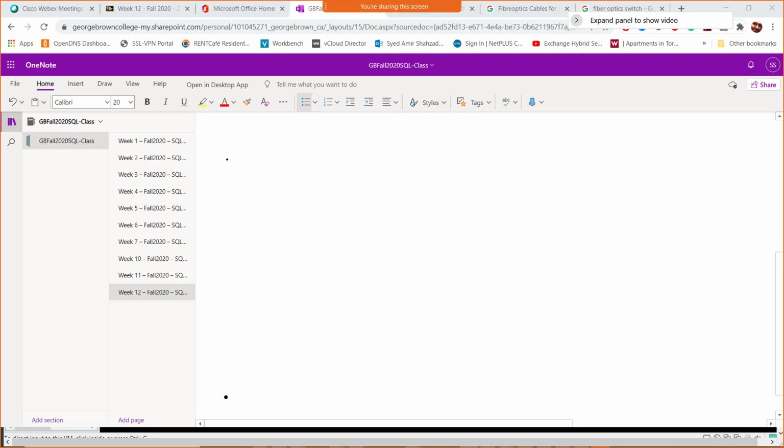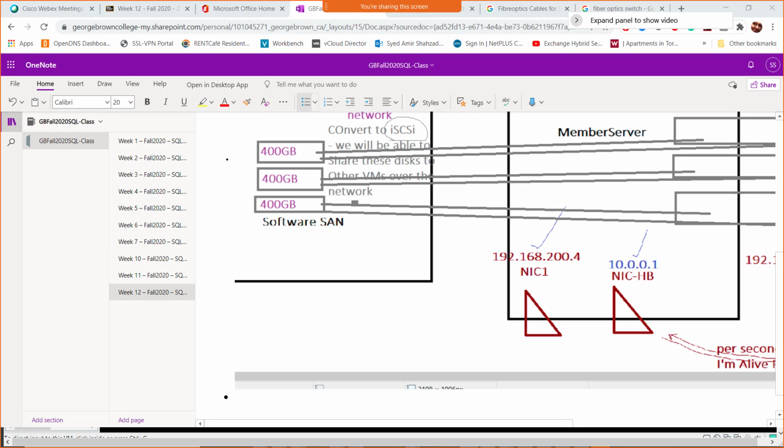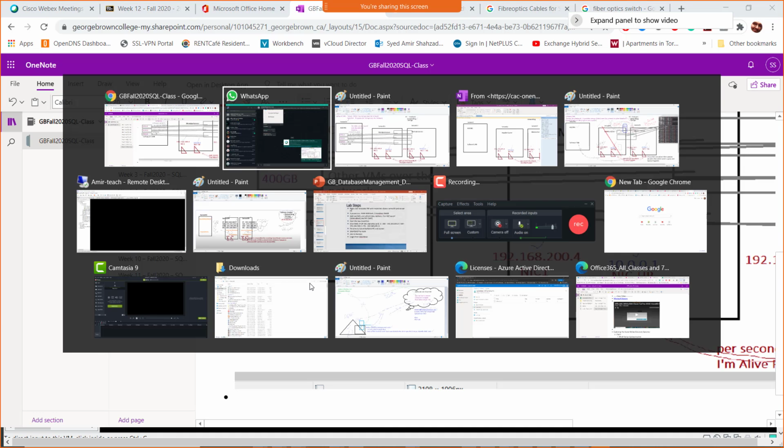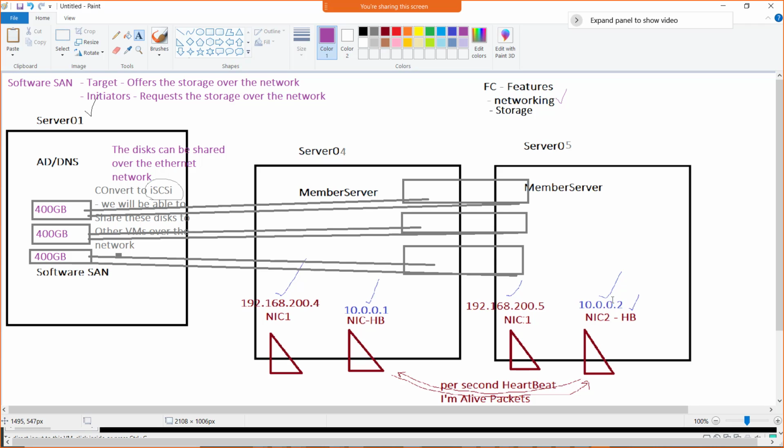Okay, so the screenshot is this diagram. So that's our screenshot number 1. This diagram is our screenshot number 1, software SAN for FC. So let's go ahead and configure that